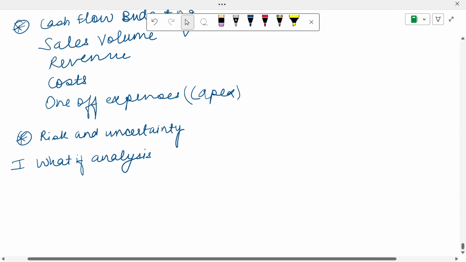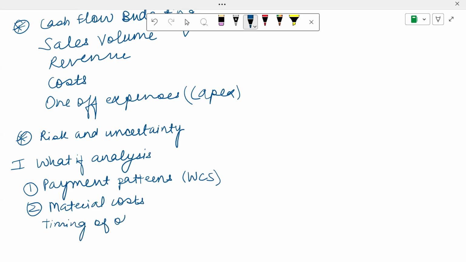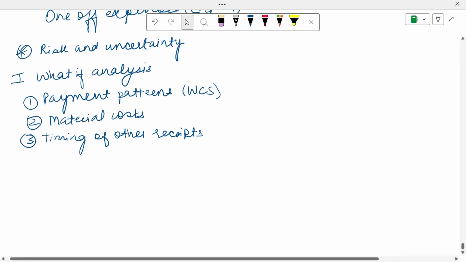So let's suppose my payment patterns are changing, the time that I am taking to pay my suppliers, or the payment patterns of receiving the payments, how late are my customers paying. So we are considering the worst case scenario over here. Then if I talk about material cost, what will happen if my material costs change? What will happen if the timing of other receipts change? Other receipts could be, if I've sold some non-current assets, so when I get the money for that,